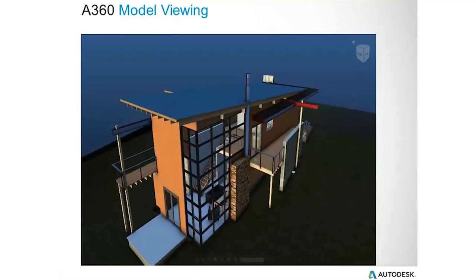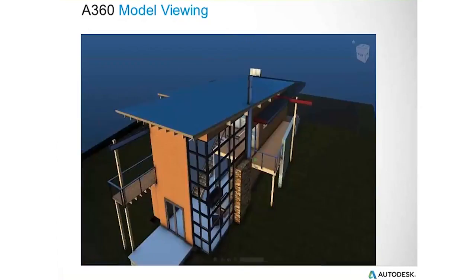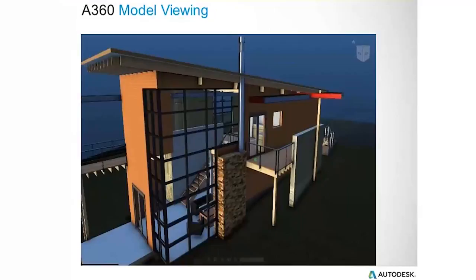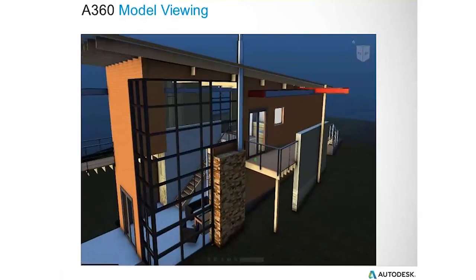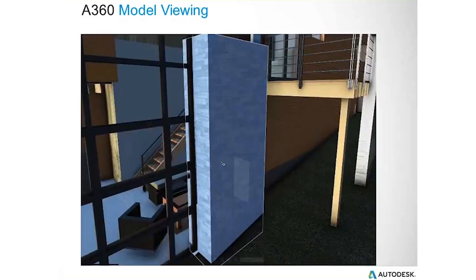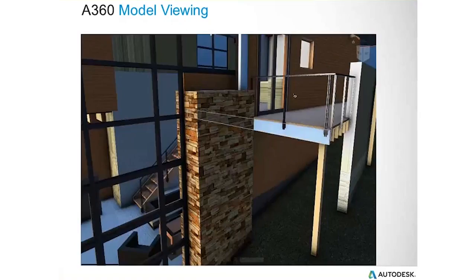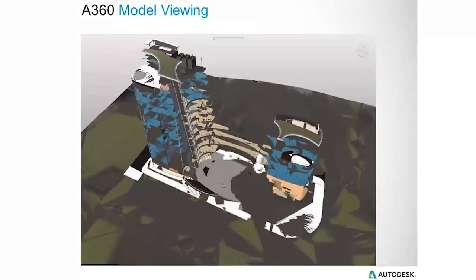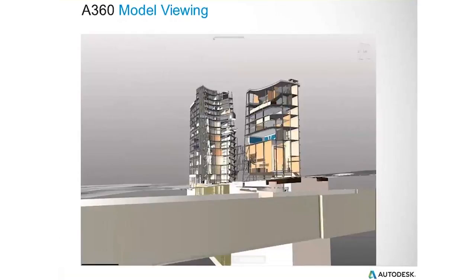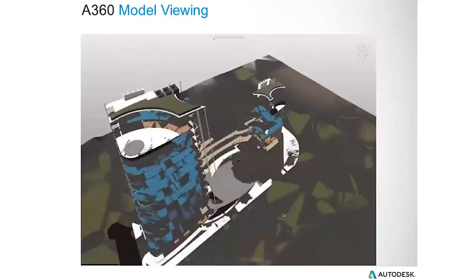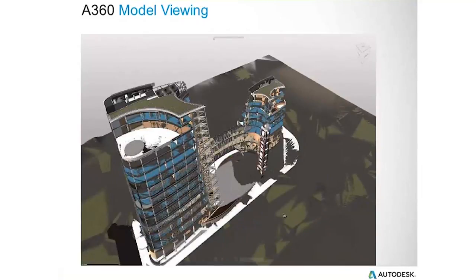So what we're looking at here is a 1.5 terabyte Revit model. This guy's big. And it is zooming around and panning around and viewing it in real time. We didn't speed this video up or anything like that. So you can also take a look at models in A360. In fact, you can share your models with anybody, even if they don't have any Autodesk products. Like a building owner, for example, you could share this with them very, very easily. You'll notice that as it spins it loses integrity, because, well, let's face it, it's a big file, right? But as you stop, it fills in all the gaps and looks pretty darn good.